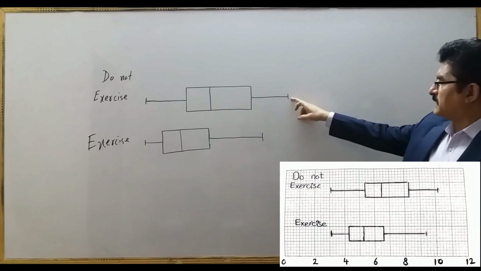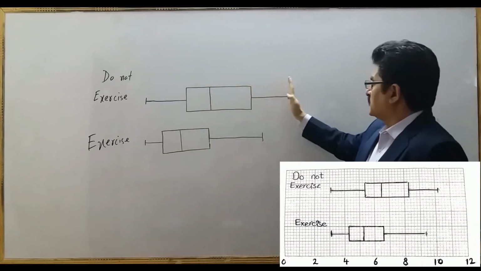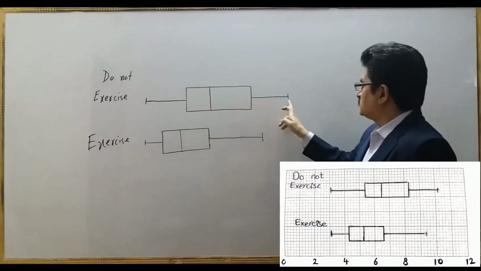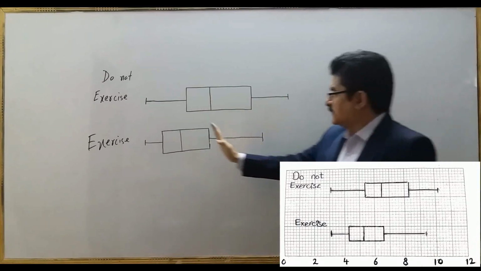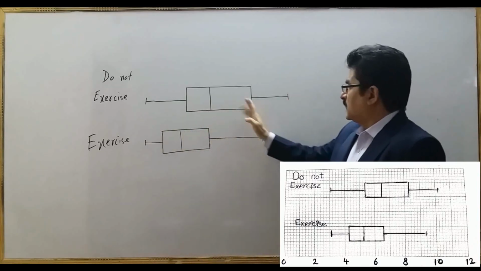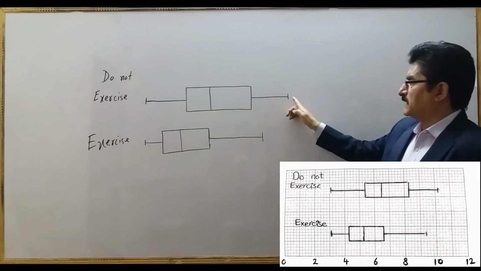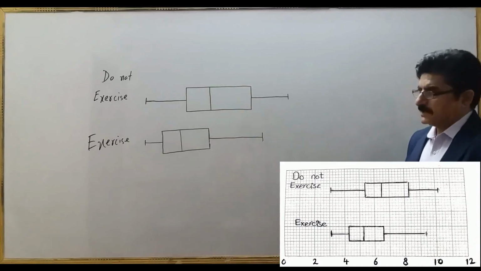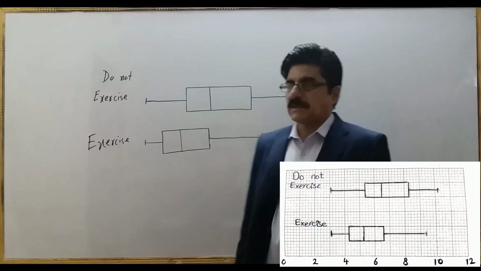Also see the largest value and smallest value. From this 50%, you can see that the cholesterol count is from this to this value, and this is less than this. So the last 50% of people have cholesterol level up to this for those who exercise, and those who do not exercise have up to this, which is greater than this. Again, this means that the people who do not exercise have more cholesterol count as compared to those who exercise. Thank you.